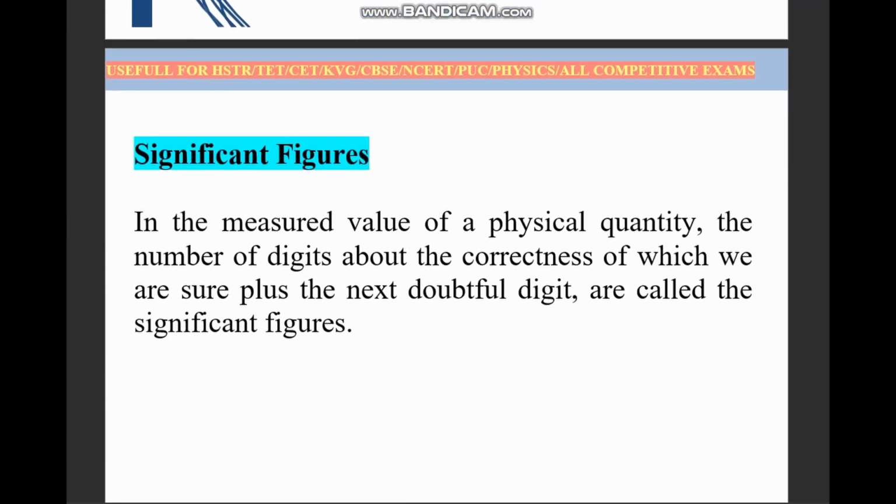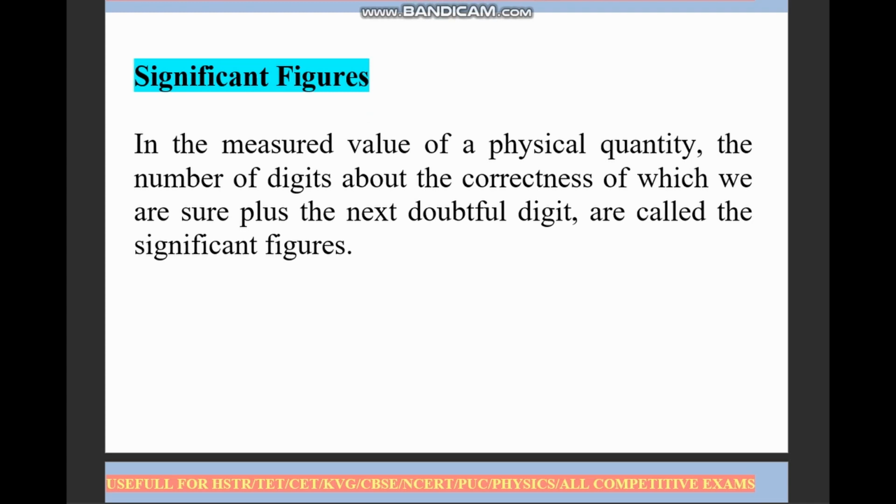So first see the significant figures. In measured values of a physical quantity, the number of digits about the correctness of which we are sure plus the next doubtful digit are called significant figures. Let me take a very simple example, 3050. Here I have the digits 3050. But how many digits of this number are required for my calculation? The digits which are useful for my calculation are called significant